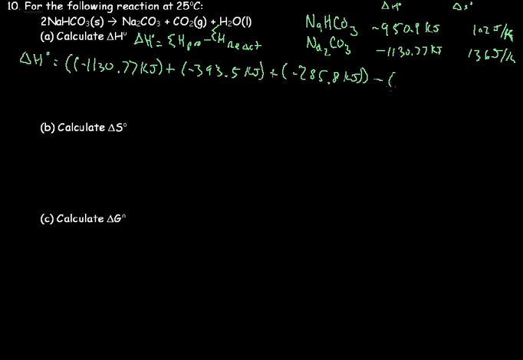And we're going to subtract from that 2, because there's, in this problem, 2 NaHCO3s times its value of negative